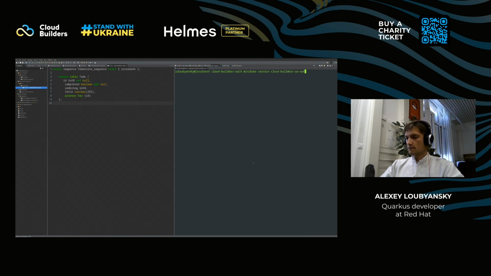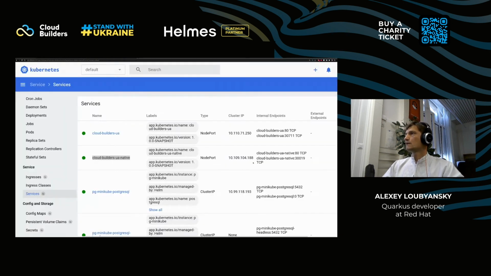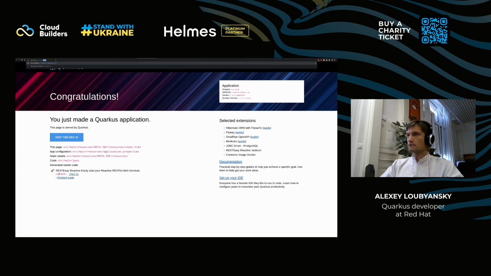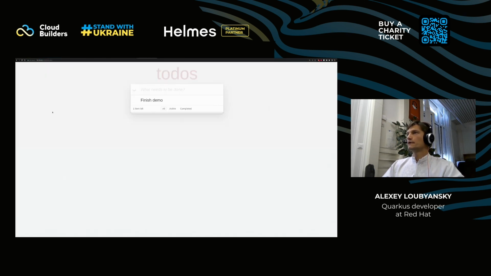Okay, and here it is. You cannot see the address, it's too small, but now I have two identical applications, one running in JVM mode, one running in native, and they pull data from the same